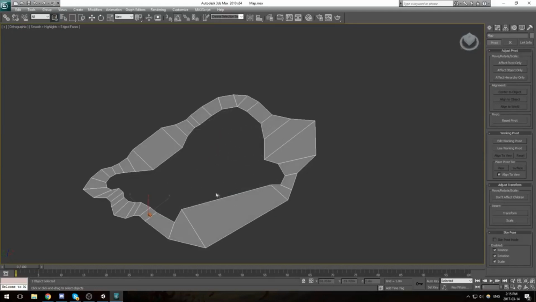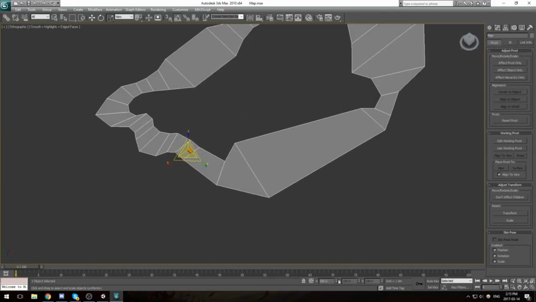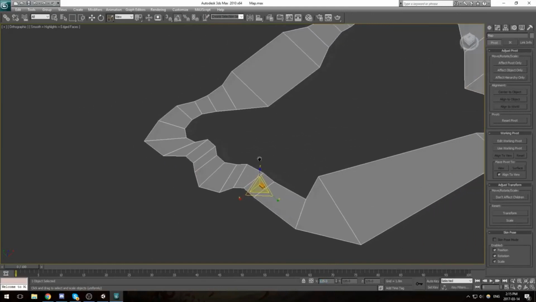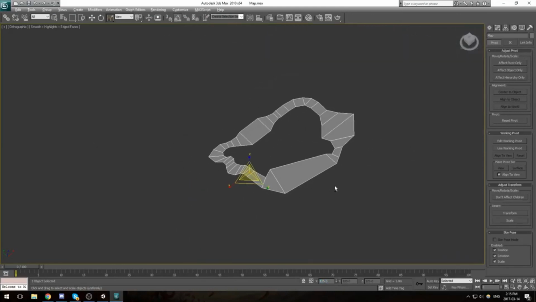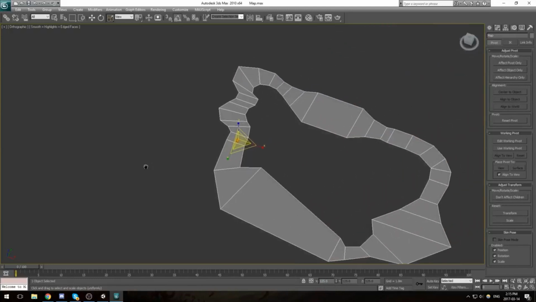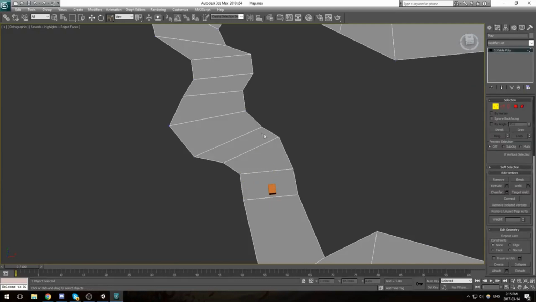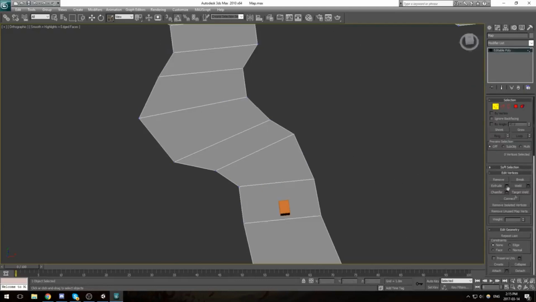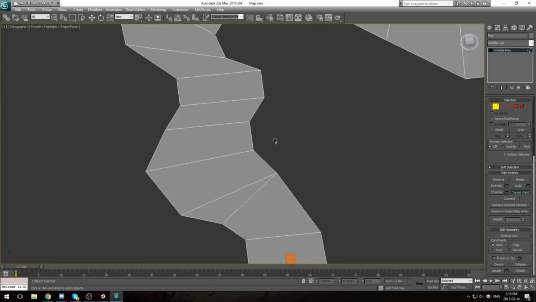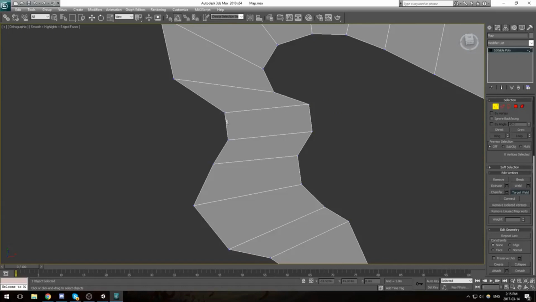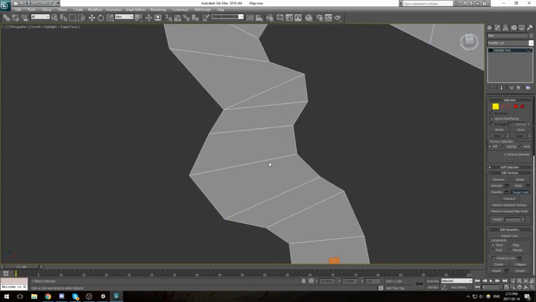Alright, so like I said, I'll be making this a little bit bigger. Back in 3ds Max, I'll take my scaling tool and I'll just scale the whole thing to say 125. It didn't seem to mess up my mesh. Now my mesh is obviously not optimized enough. It's something I want to do actually right now. I'll go and try to get as much optimization as I can off this. So I'll be welding some targets that are really close, like this one. Maybe not this one, but maybe over here. And I'm just trying to create a